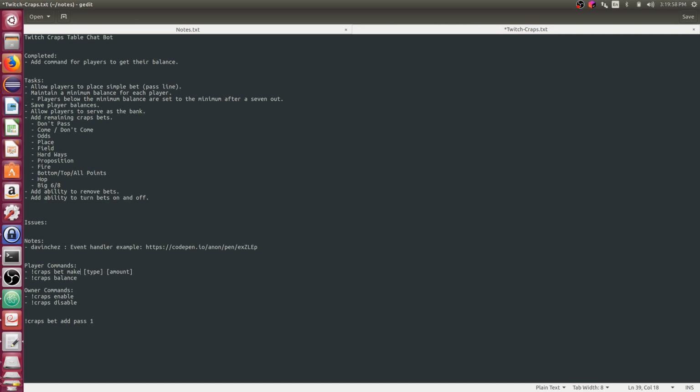We could say make a pass line bet. Let's think of some options here. We've got add. We could do make. Place. I don't think I like the word place because that duplicates another bet that exists.